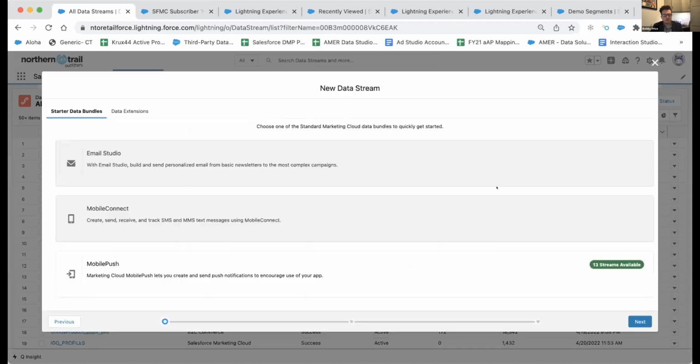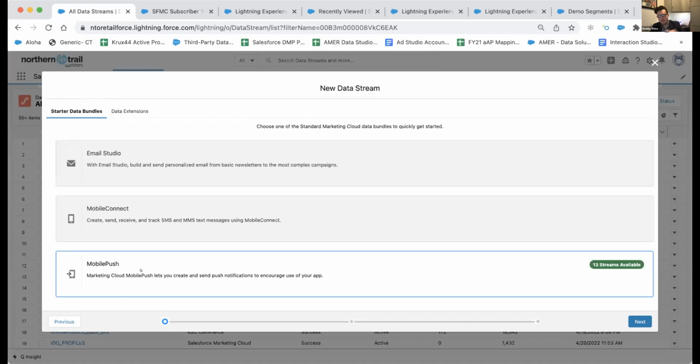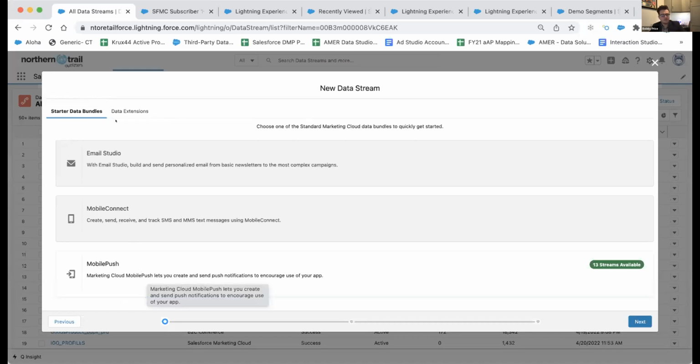And when this loads, we'll see two different options at the top left. So we have our starter data bundles, which are pre-configured, pre-mapped, and we'll focus on mapping in a second. But we have these already ready to go out of the box. They're engagement level data that when your CDP has been set up correctly with your different clouds, you can bring in the people who have interacted with your emails, who have clicked certain buttons that you might have put in there. You can bring it in from Email Studio, Mobile Connect, or Mobile Push. Again, they're prefab, ready to go. So if you don't know how to do data mapping or you haven't got there yet in your journey, you can bring these in, no problem.